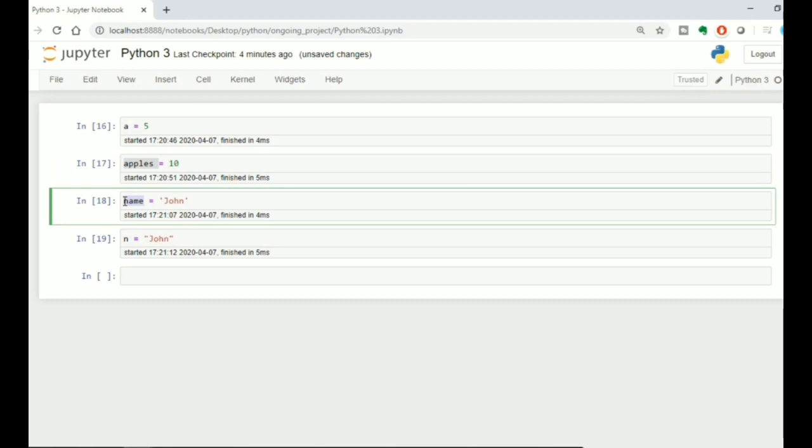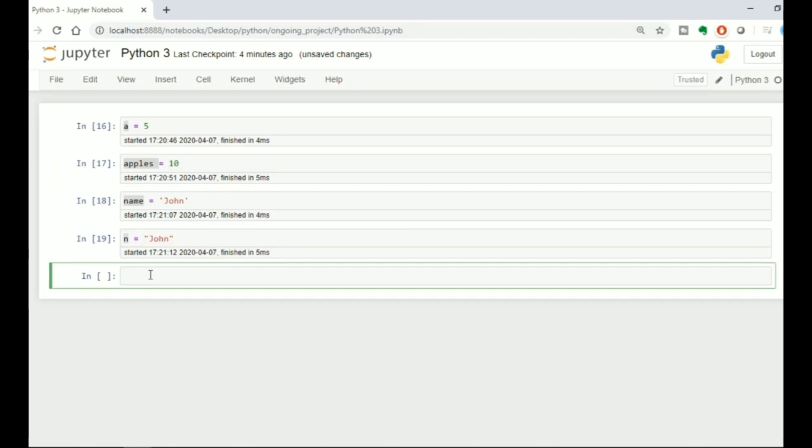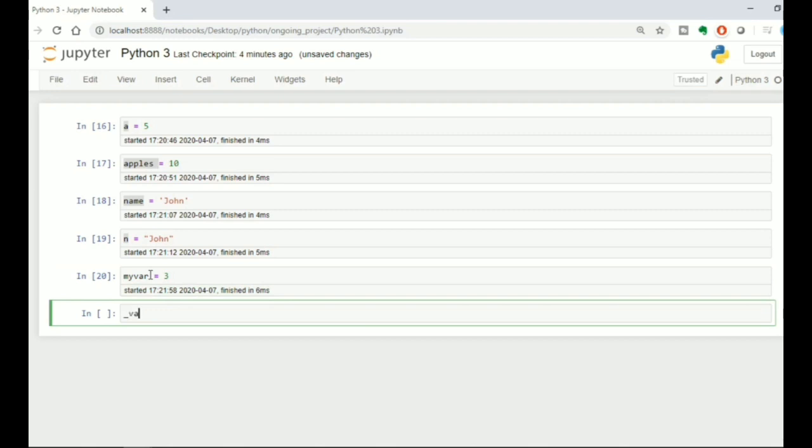There are some rules for declaring a variable. A variable must start with a letter or underscore character. For example, my variable equal to 3, underscore variable equal to 5. It is valid syntax.